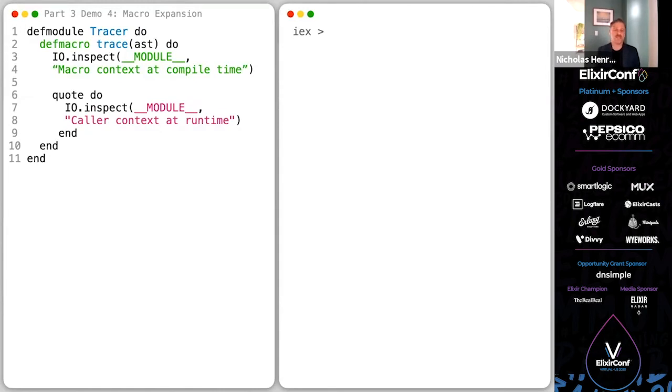Okay, so here we're going to look at macro expansion. And again, we've got our Tracer module, and we're going to be outputting a compile time message on line 3. And on line 7, we're going to be outputting our runtime message. So we'll require Tracer. And here we're going to emulate the parsing phase and the expansion phase.